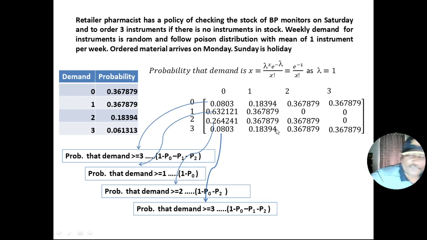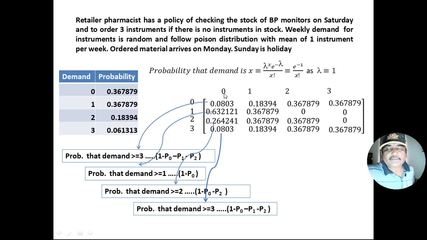Now, how to fill this matrix is a question, right? Now, on Saturday, suppose say I had zero camera. What will I do? I will place the order. On Monday, I'll get three cameras in my stock. What is the probability that next Saturday there won't be camera in the stock? All three cameras which I got on Monday will get sold,